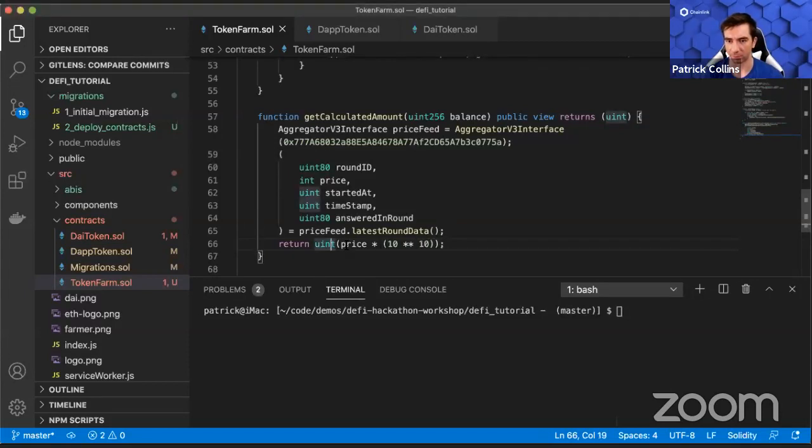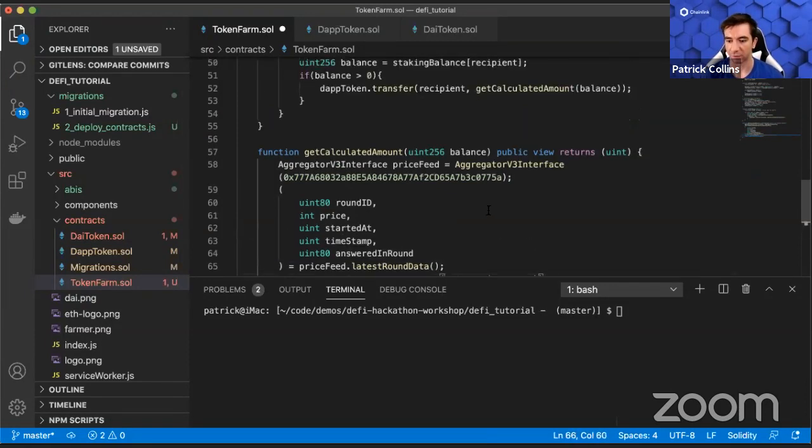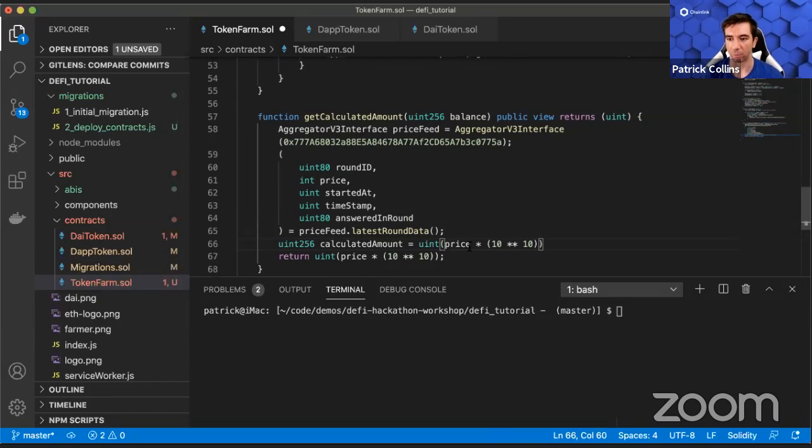So this is just returning the price. Let's call it calculated amount, that's my Python syntax coming in. It's going to be equal to this, and we want to